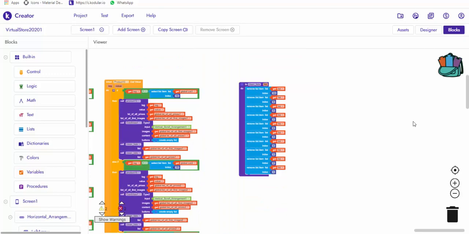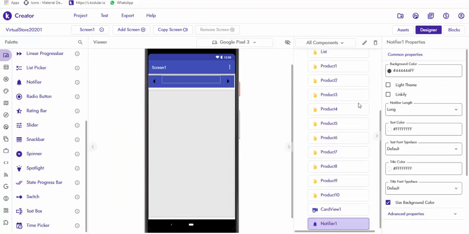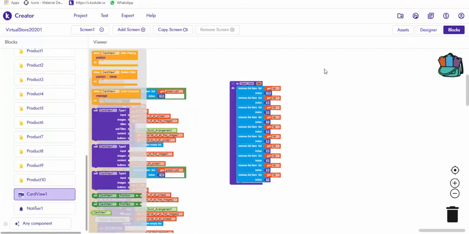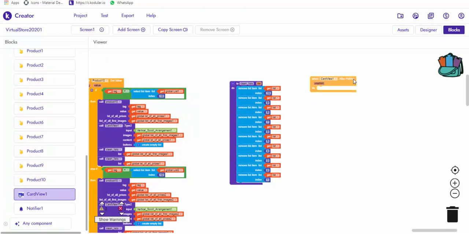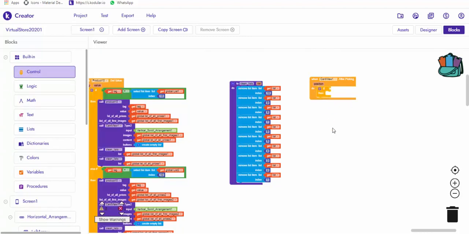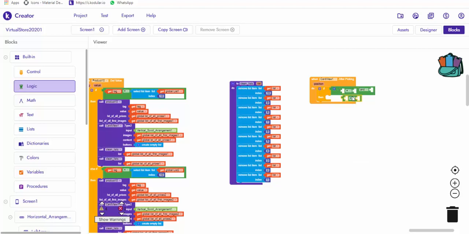So continue now. We're gonna need to add a new element here. It's a notifier. So now we're gonna check the item of the list that the person clicked in the card view. So what you're gonna need here is a control if. We're gonna go and grab the and 2 of these equal signs here. So first thing, we're gonna get the position. So if a position is equal to number 1,